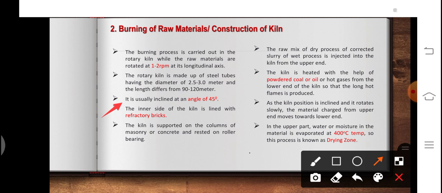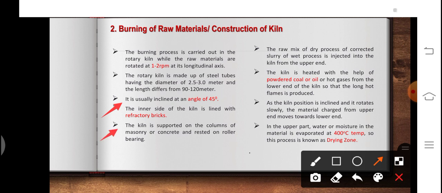Now, what are refractory bricks? Refractory bricks are the materials which can withstand very high temperature and pressure. Since the kiln has a section which has a temperature of around 1500 degrees Celsius, and the last section of the kiln basically has a temperature around 1700 degrees Celsius, so as to protect this steel body from so much high temperature, this kiln is internally lined with refractory brick so that it can withstand the temperature of 1500 to 1700 degrees Celsius. This much temperature is required for the formation of clinkers.